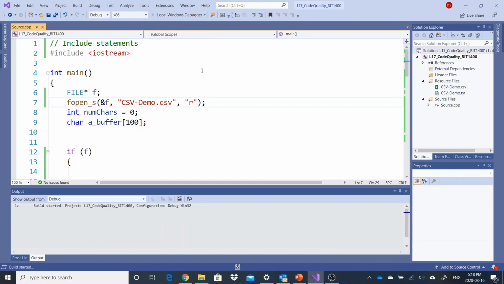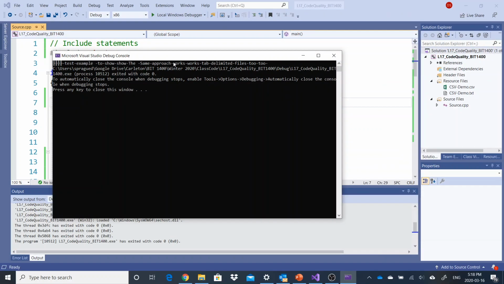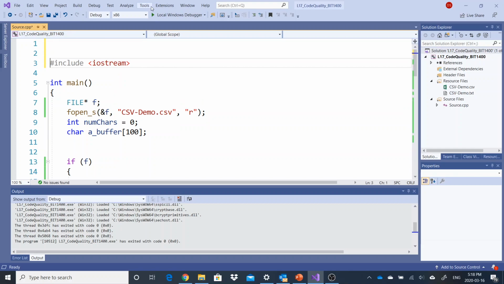This code will actually run, by the way. So in case you're wondering, let's compile it, and there you go. So it's doing what we expected it to last time. It's reading in the CSV file and outputting stuff. Great. So what am I missing? Well, first of all, I have a useless comment at the top. Include statements. Well, of course, there are include statements, so that's stupid. Okay. I might want to put something else, but what I really want is